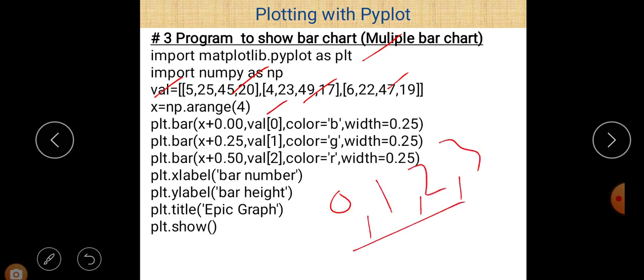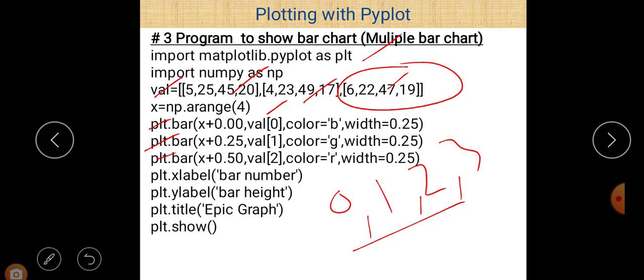Next, here you can see plt.bar, it is the first bar, this is the second bar chart, and this is the third bar chart here. So x is equal to 0.00, value 0. For this, first of all, x is considered to be 0, and then the second time it is 1, then 2, and then 3. So four different values are given here for all these different values of a list.